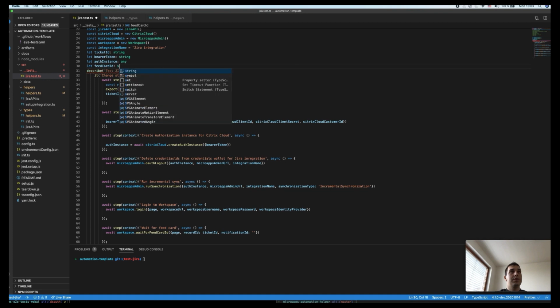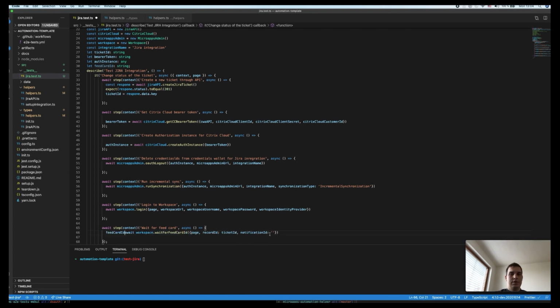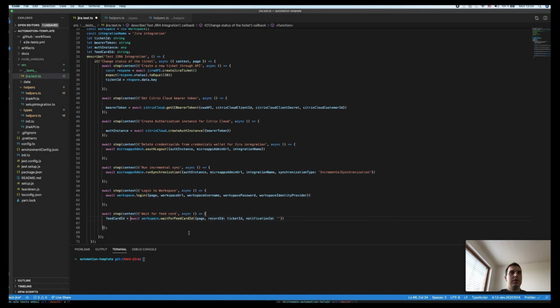It will be a string, and we will receive the feed card ID from this method. Okay, so now we know the ID of our feed card, and we would like to open or click on the feed card,